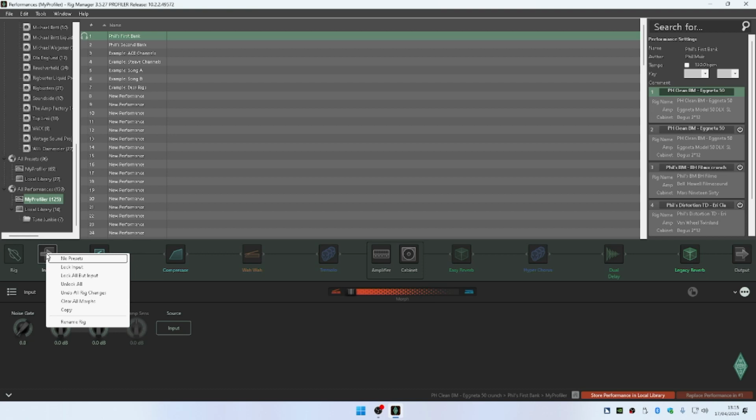Leaving menus. Now this is important because sometimes if you want to modify something, you're not able to because something's locked. So you may need to unlock all, which is what I tend to do when I'm starting to work on rigs and performances. I'll just come in here and unlock all. Now if we go to the output section with O and we press the little script thing that brings up